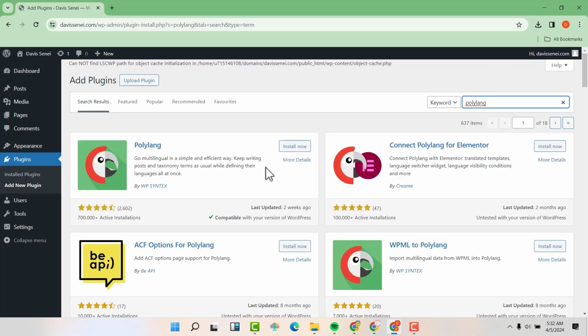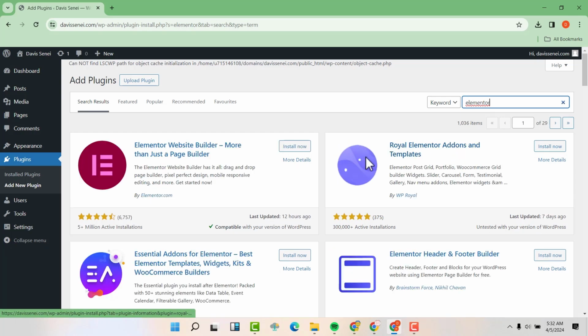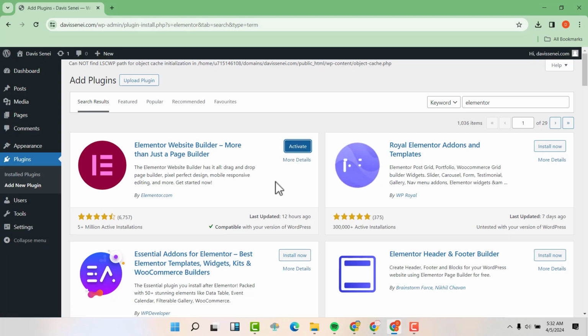This plugin will help you in translation. So install now. Another plugin that you'll need is Elementor. Install the plugin. This one will help you to edit your pages and posts.